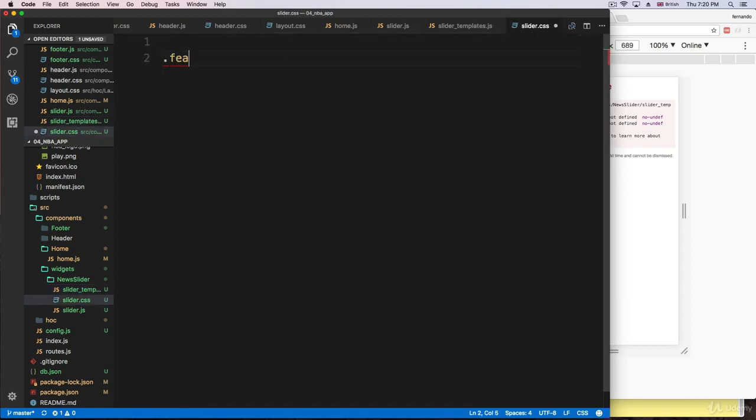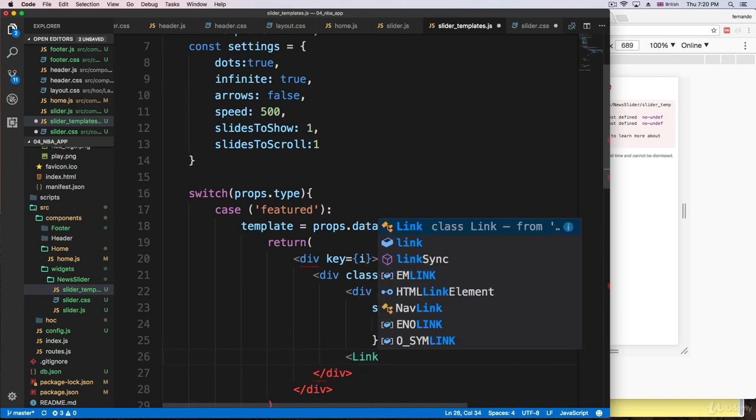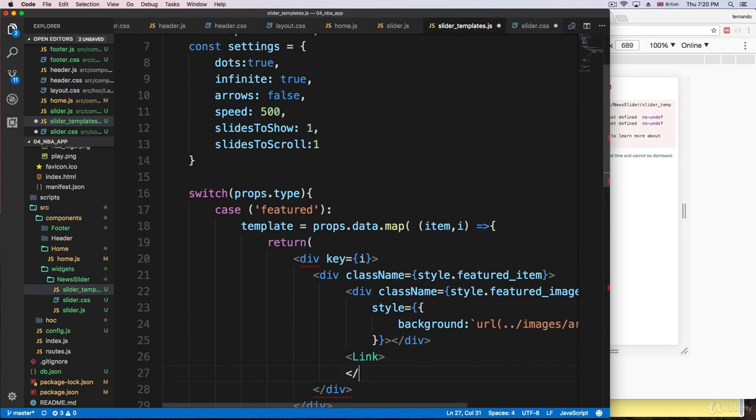So I'm going to say featured, then underscore item, and for now this one is going to be position relative. Okay. Then inside we're going to have a link. Let's go back to the slider templates. We're going to have a link right here, and the link is going to be the actual link to the article. So we're going to have a to,